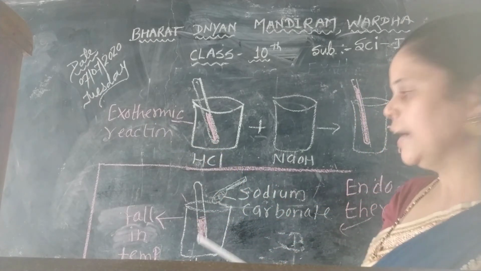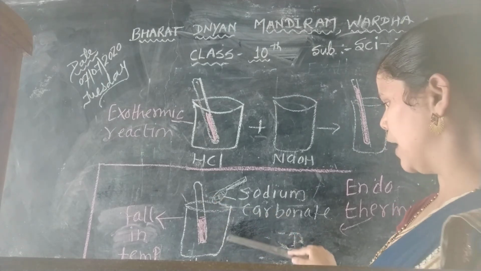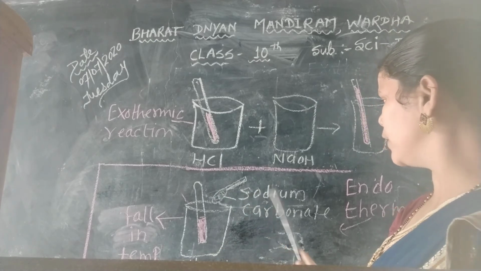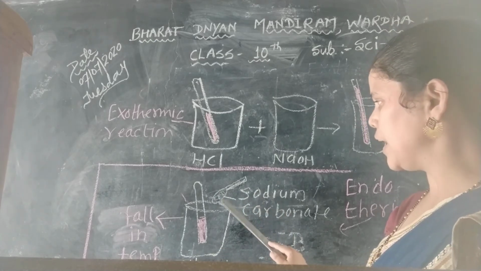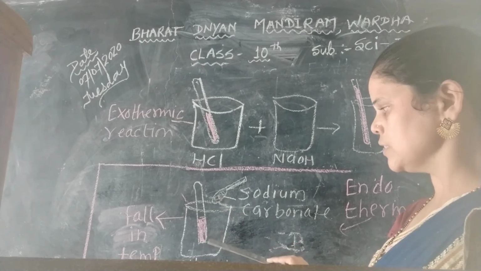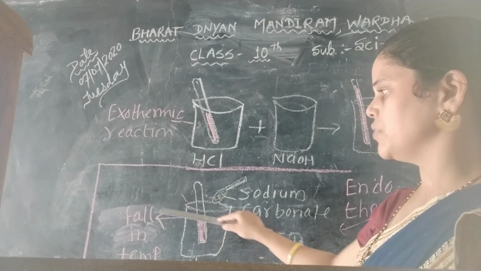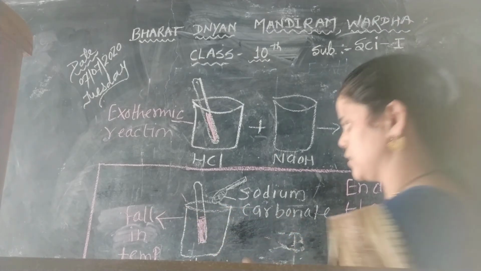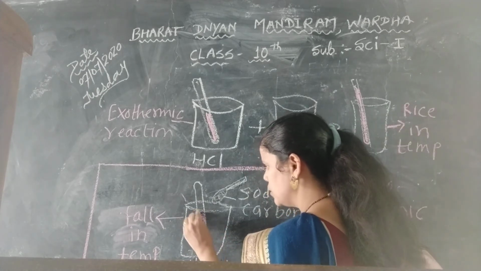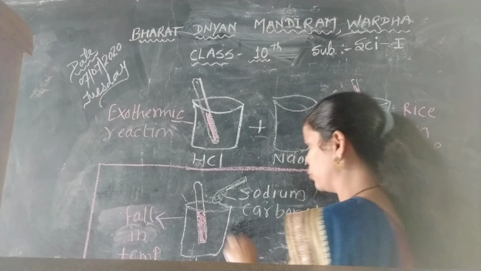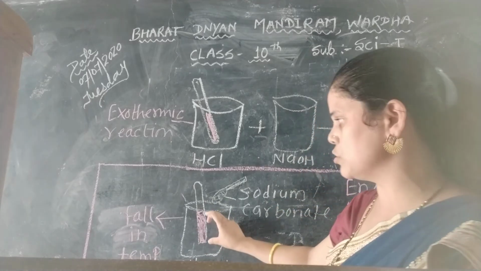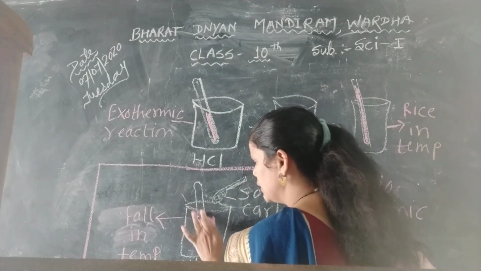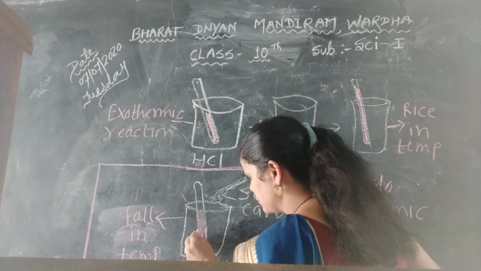Understand? And in this example, this is a beaker having ethanoic acid, and we add sodium carbonate. When we add the sodium carbonate to this acid, a fall in temperature occurs. First the temperature was high, before adding the sodium carbonate the temperature was this. If we add the solution and mix it, the temperature will decrease, will fall.